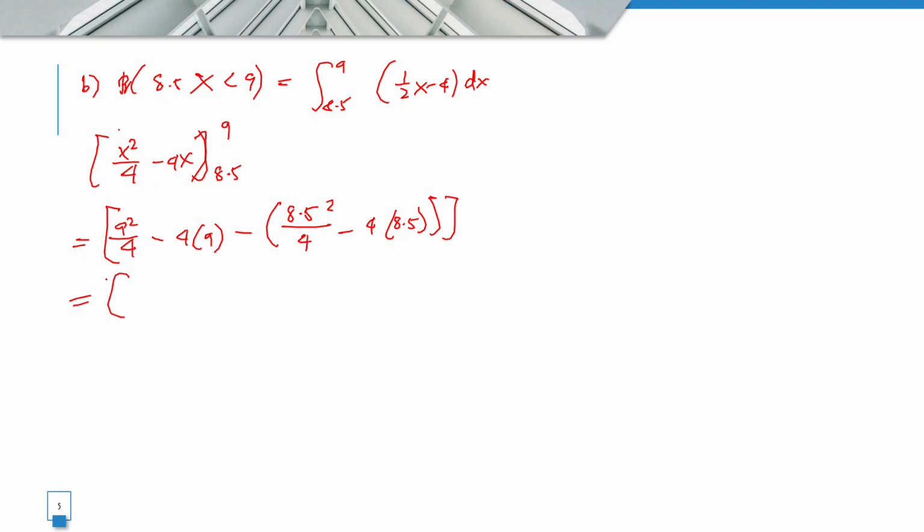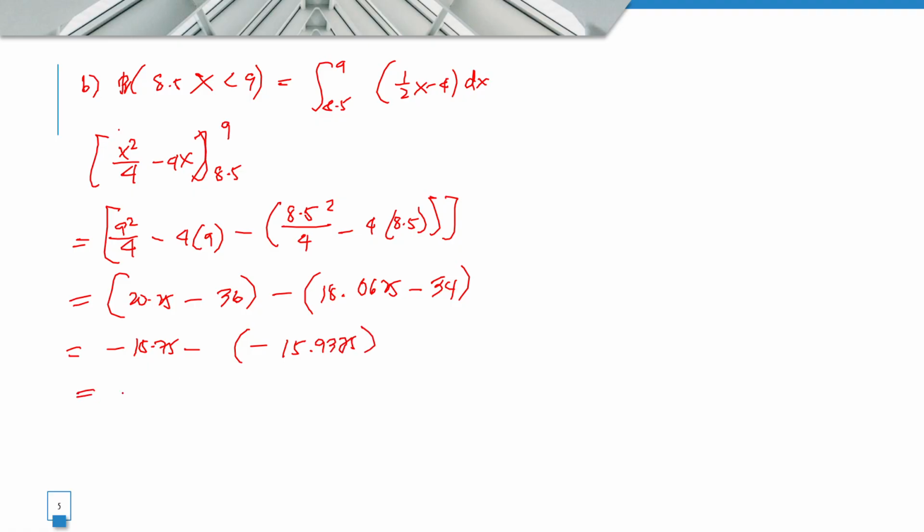Okay, 9 squared divided by 4, that is 20.25 minus 36 minus 8.5 squared divided by 4, that is 18.0625 minus 4 times 8.5 minus 34 is equal to negative 15.75 minus, this is negative 15.9375. So the probability is equal to